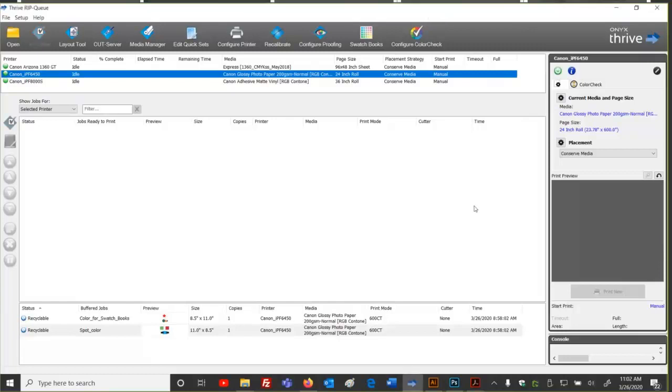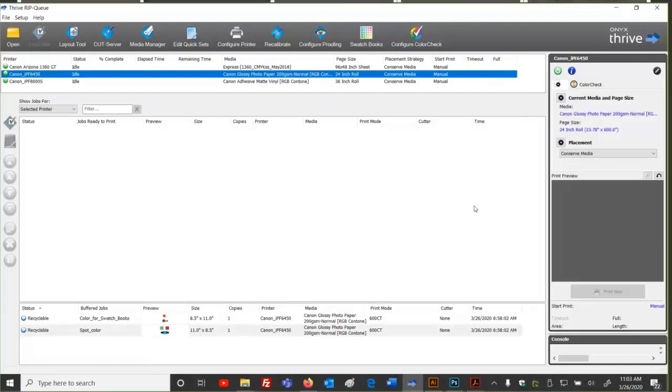Okay, so we're going to start out with today's presentation. We're going to talk about using swatch books to achieve brand colors. Brand colors, logo colors, target colors, Pantone colors, just some kind of color that you have to try to get to a closer match than what you're getting, and you're going to go through the steps for trying